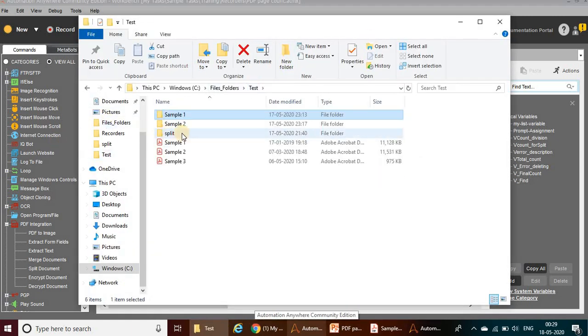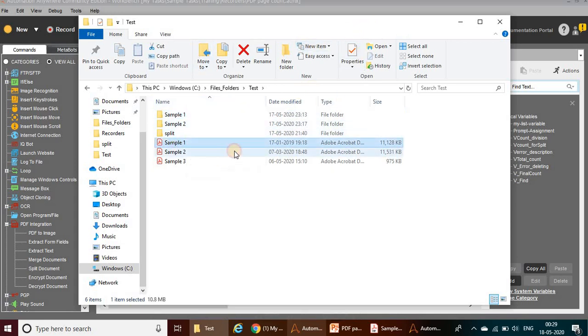I want to explain one more. My current requirement is very simple. I want to validate the file size. So if the file size is greater than 5 MB, I need to split the document into 3. Based on the file size, we need to split the document into 3. After that, we need to print the document to reduce the file size.